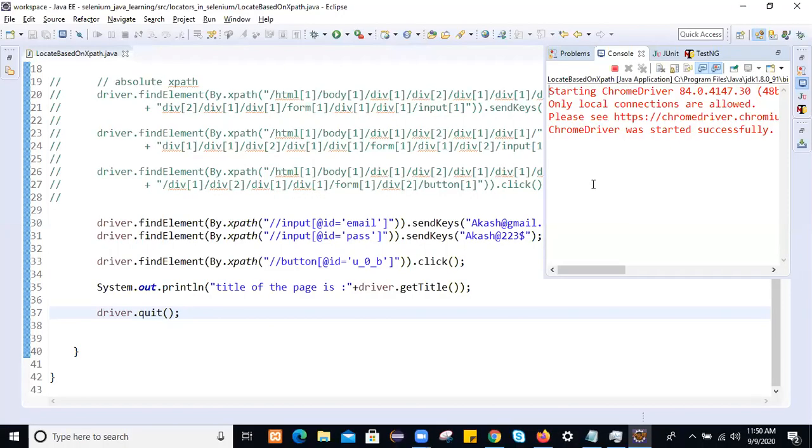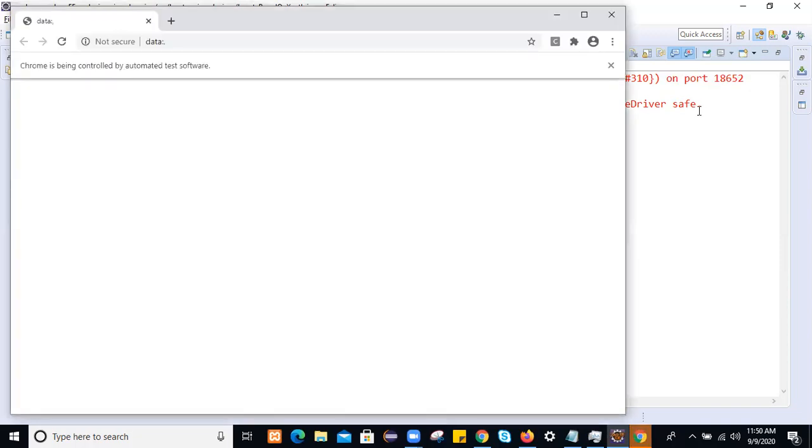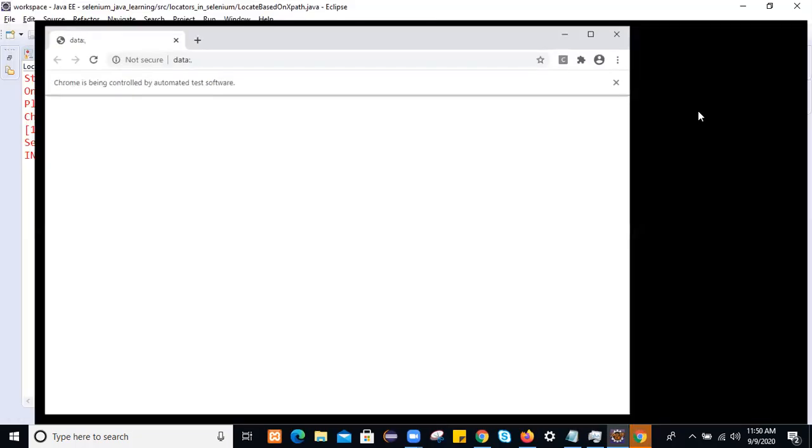Started the ChromeDriver on a port. This time it started on port 18652. Launch the browser, maximize the window. So it's running quickly this time. Actually, absolute XPath is very complex, it's hard to read and increases the length of the code.